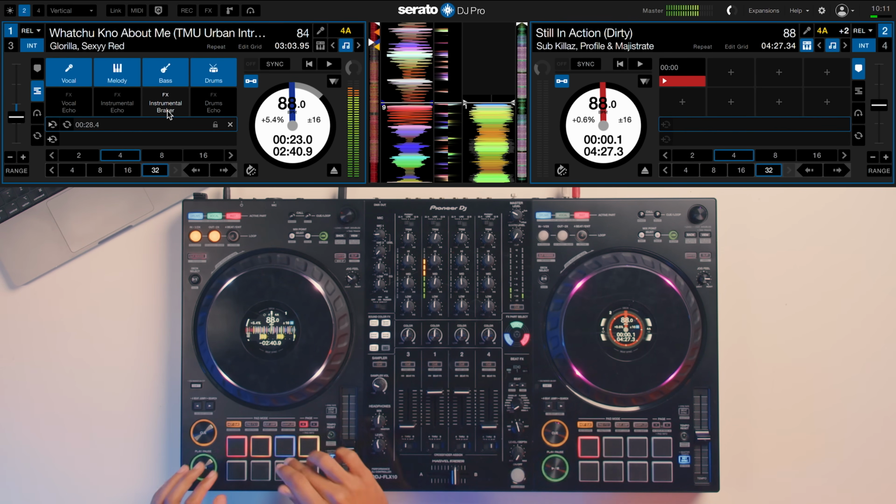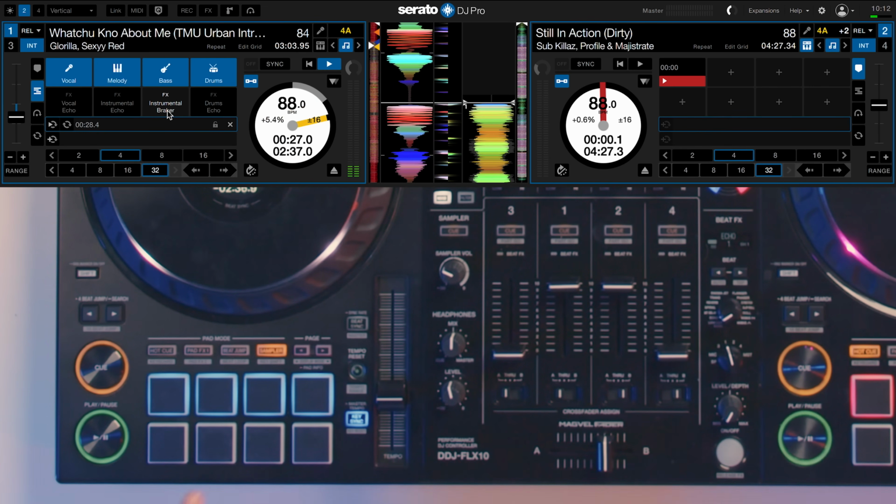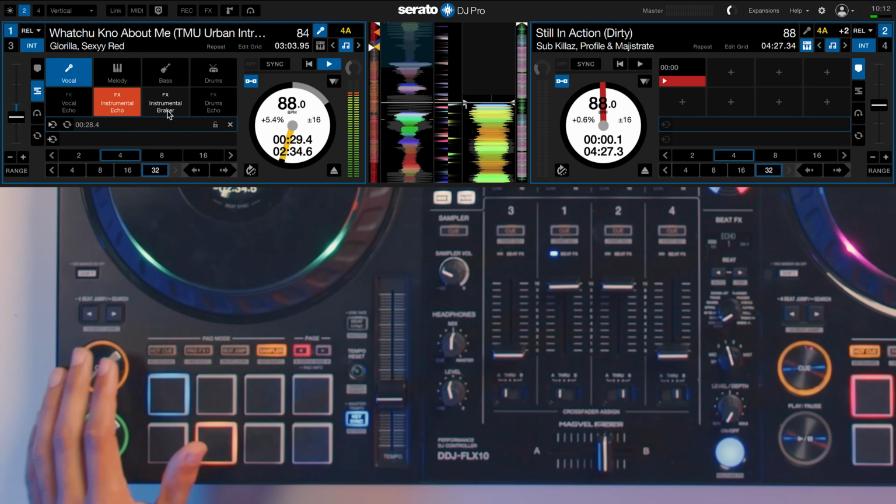So when I'm playing this, Bitch, I'm from Memphis. What you know about me? Big G-L-O-N-A-G-L-E. 50,000 new. It will sort of break the instrumental and remove it, and then we're just left with the vocal. So what we want to do is break the instrumental, we're left with the vocal, and